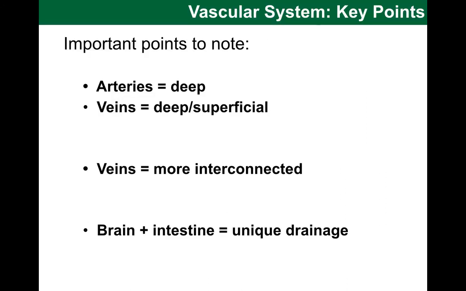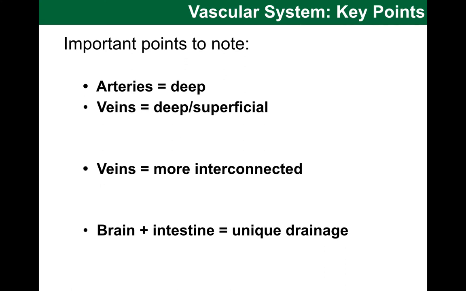There are a few important points that I want to highlight before we wrap up this video. Firstly, do note that as a rule of thumb, it is arteries that run deeper in the body. This makes sense if you think about it. In this way, they are maximally protected from being injured or cut, resulting in rapid loss of blood volume. Then also note that it is especially the veins that have this adaptation of having many alternative routes. This is useful if there is, for example, a blockage somewhere on the way.